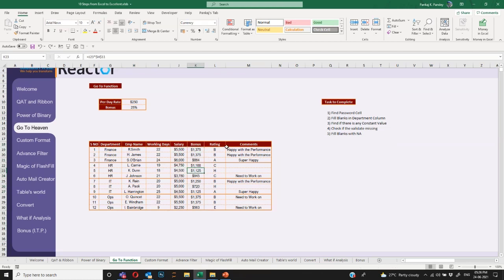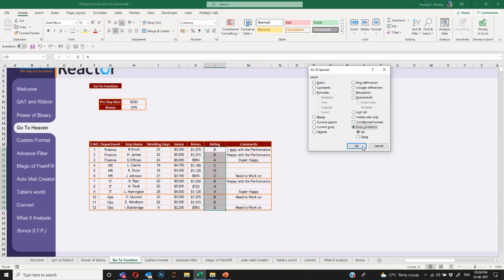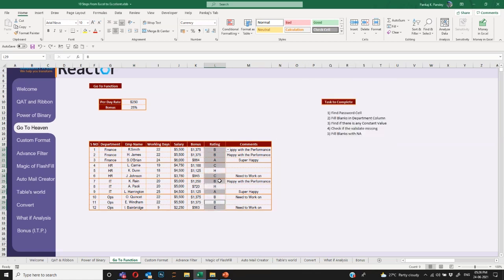Last task, let's say here I have provided a validation list and I want my user to only select from this validation, but somehow someone removed my validation and typed H, which is not a category in my list. So I can again go to here and check for data validation. And I know this cell and this cell don't have the data validation. Someone has removed the validation from these cells. So I can fix and reapply my validations here.